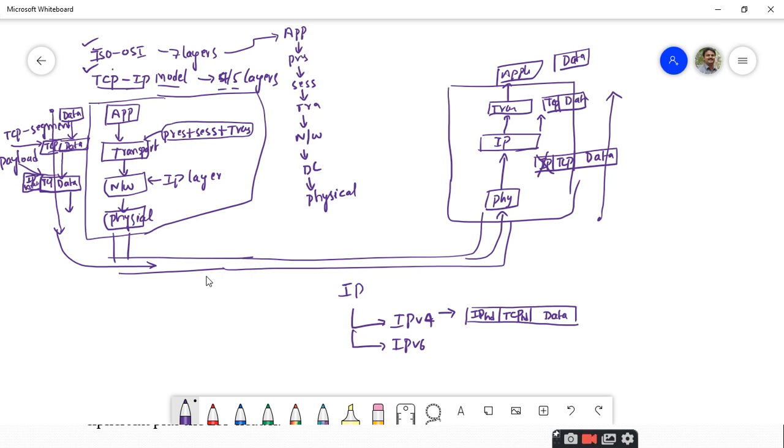But coming to IPv6, it also looks similar to this one, but it consists of some extra information that is needed to process, because it is an advanced version. The data part remains as it is, somewhat lengthier in size. So the application data part looks similar, and preceding this data part we have the TCP header, and this IP header is almost similar to this one, but between the IP header and the TCP header we have some extension headers.